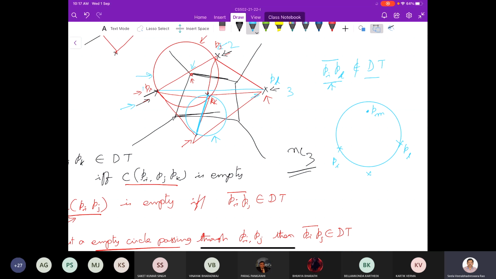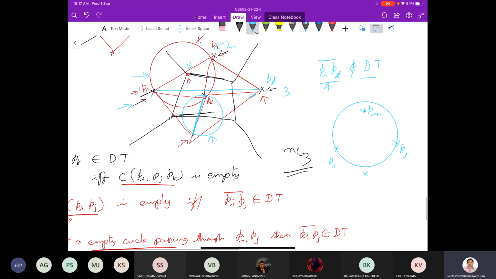Now let's try to shrink this circle inside, so that it passes through these 3 points. So basically you make a smaller circle and still make sure that it passes through PI and PL. Shrink further without changing the property that PI and PL are on it. If some situation comes where a point would go out, before going out it will be on the boundary. At that time, the circle is empty.